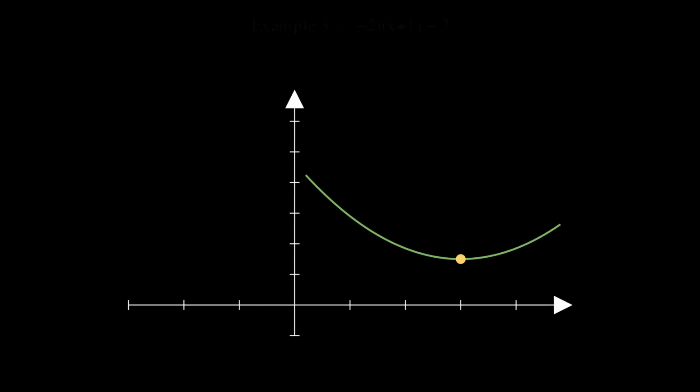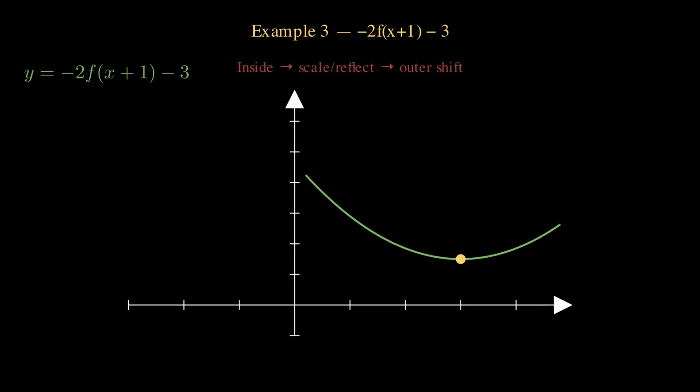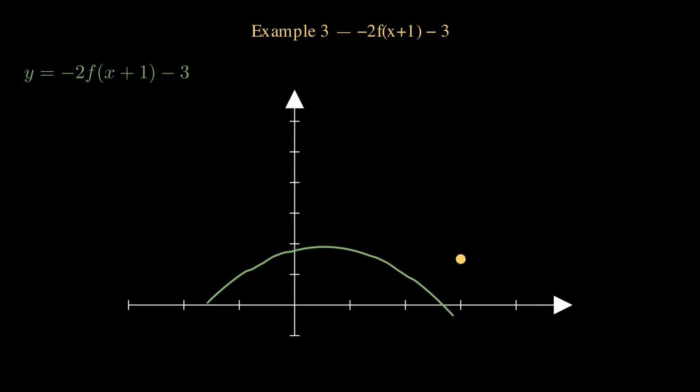Example 3, hard level. Negative 2 times f(x plus 1) minus 3. Inside plus 1 shifts left 1. Multiply by negative 2: reflect and stretch vertically. Minus 3 shifts down 3. Order matters for reading. Start at the inner shift, then apply the vertical scale and reflection, then the outer vertical shift. Visually, the parabola opens downward and looks steeper because of the factor of 2, and its key points move